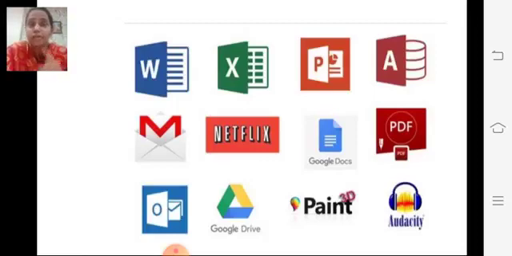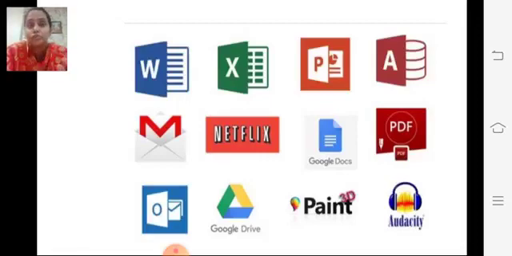So Netflix software is only for watching movies. In the same way, email is only for sending mails and receiving mails, right children? So these are doing a particular task, only for the particular job. These are application softwares. Understood children?